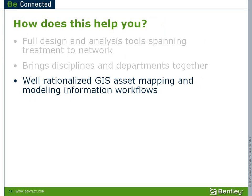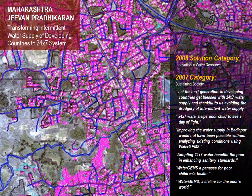Well-rationalized GIS asset mapping and modeling information workflows. The second largest city in the world relies on Bentley for their analysis and geospatial mapping. Maharashtra Jeevan Pradhikaran, MJP, is the Indian state body that comprises the metropolitan area of Mumbai. MJP has only recently adopted Bentley Water and Oracle Spatial, but for several years now it has been using WaterGEMS